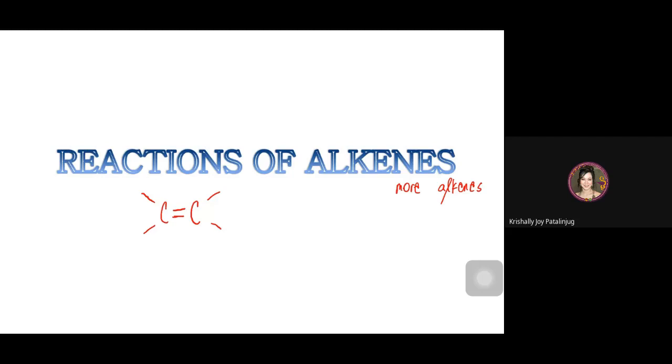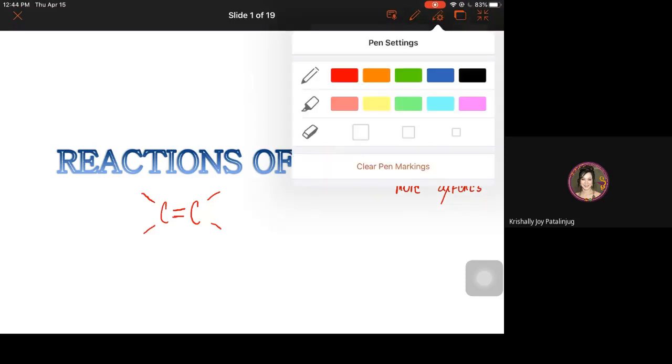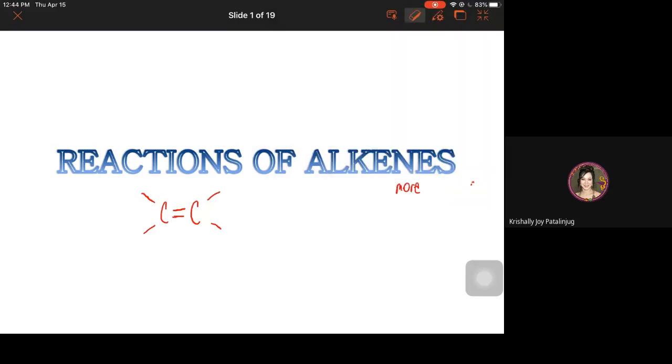Now, in alkenes, if you try to scan the notes on the reactions of alkenes, there are about 7 specific types of reactions that alkenes may undergo. Alkenes are much more reactive. Okay? Reactive. Now, having this idea that it has a multiple bond, a double bond in alkenes,